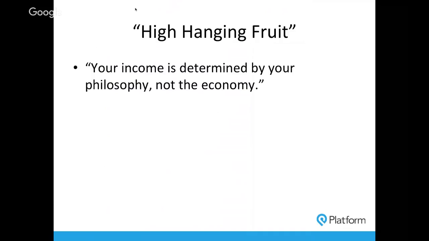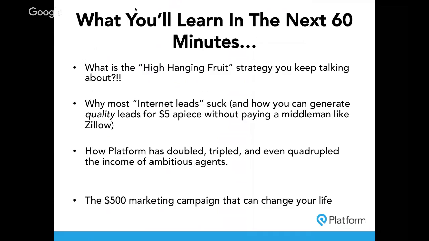So you can use high-hanging fruit in direct mail and Facebook ads and newspaper ads, in whatever marketing tactic you want to use it. I personally prefer Facebook ads because I've found that most of our clients that work with us are getting the best results with Facebook ads. But I do want to be clear right away that high-hanging fruit isn't just a tactic. It is a big picture way of rethinking your marketing strategy itself, okay?